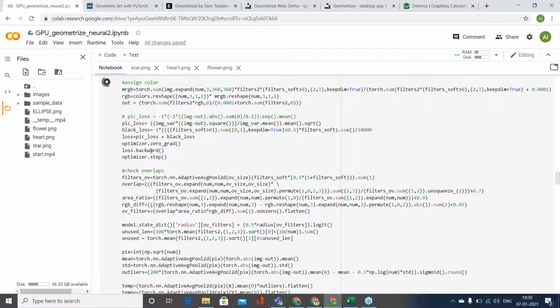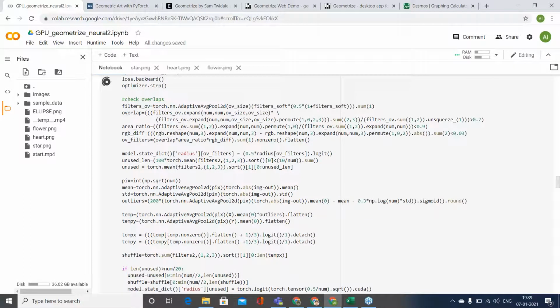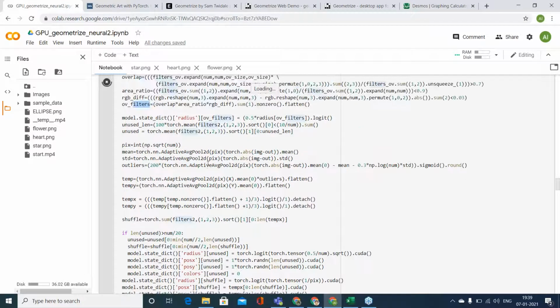Once it has constructed the image, I do a few other checks. If two shapes are overlapping by more than 70% and the color difference between both shapes is very small, I remove one of the shapes. Then I check if there is any shape which is not getting used, because it has been covered by other objects or its radius is very small.